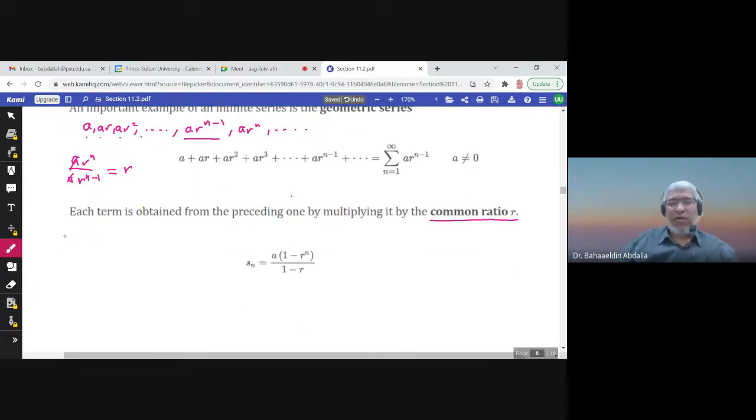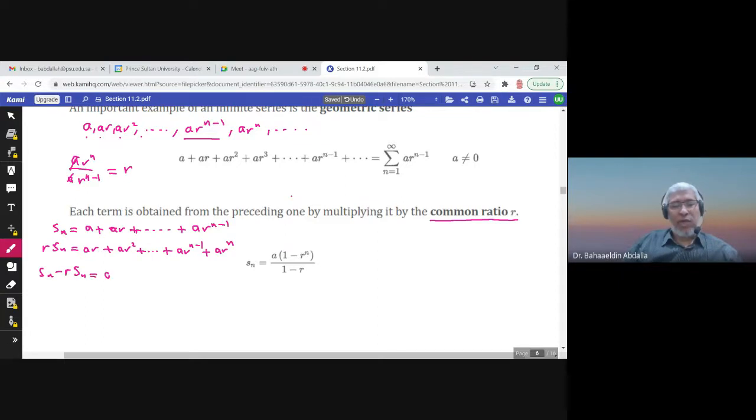Now, if we write S_n, it is the sum of the first n terms of the geometric sequence. So the nth term is a times r to the power n minus 1. If we multiply S_n by r, now the nth term would be multiplied by r, and we will have a times r to the power n. Now if we subtract S_n minus r S_n,